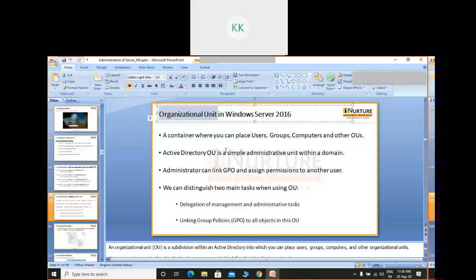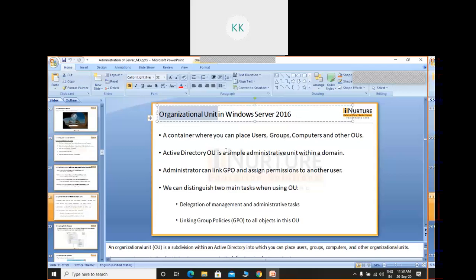And we have learned about one more term. This is called the GPO, Group Policy Object. That means whatever policy you apply to a group resides under a single heading or a single repository, and this repository is called the Group Policy Object.